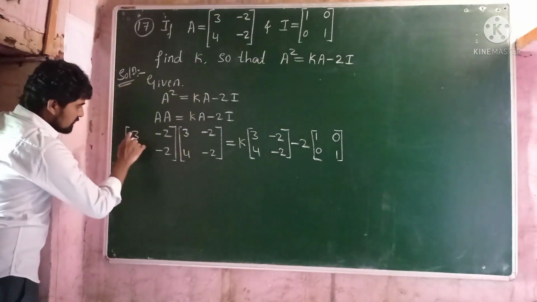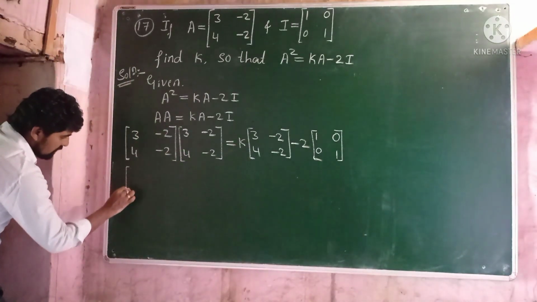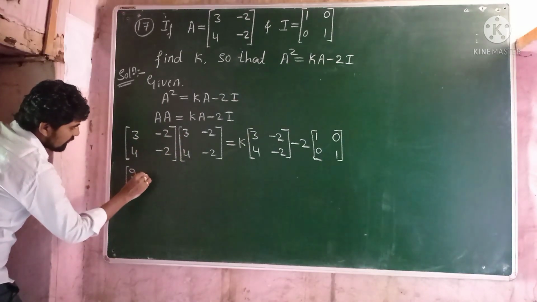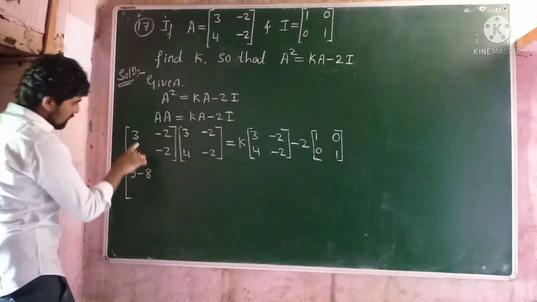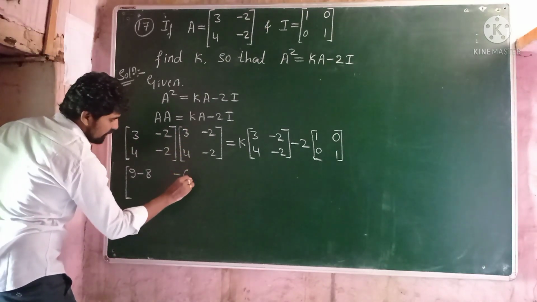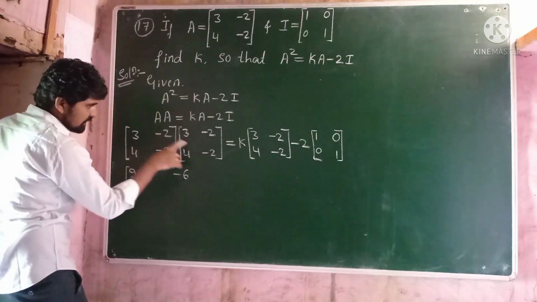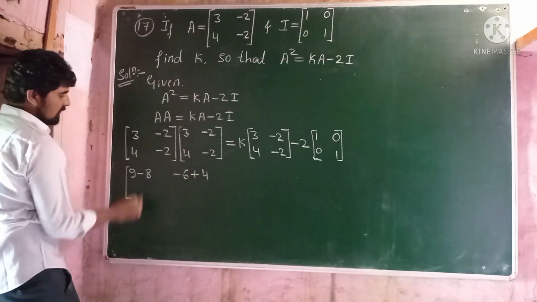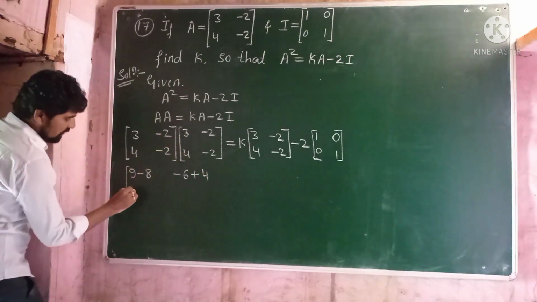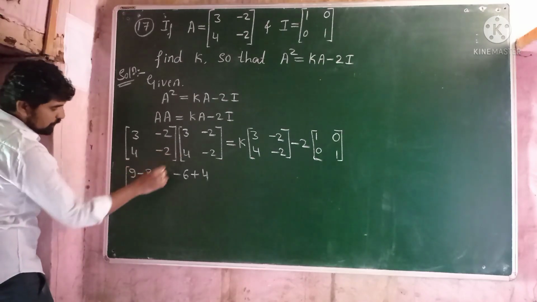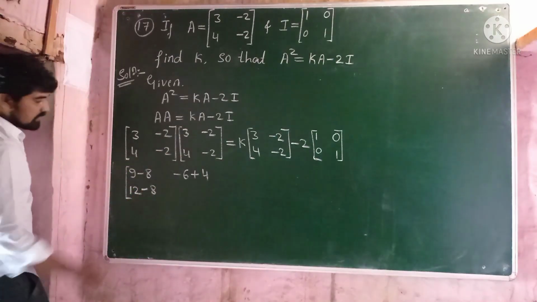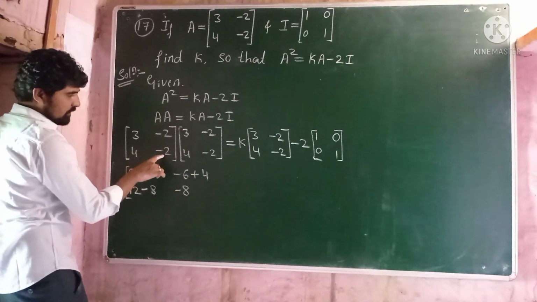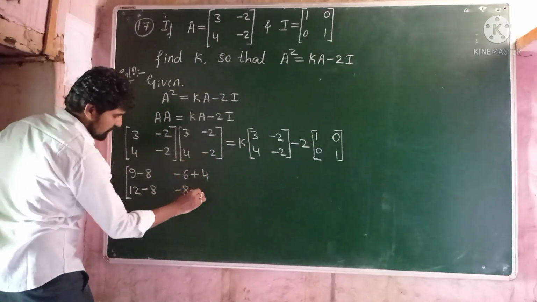Now the product of these two matrices. First row first column, 3 into 3 is 9, minus 2 into 4 is minus 8. First row second column, 3 into minus 2 is minus 6, minus 2 into minus 2 is plus 4. Second row first column, 4 into 3 is 12, minus 2 into 4 is minus 8. Second row second column, 4 into minus 2 is minus 8, minus 2 into minus 2 is plus 4,